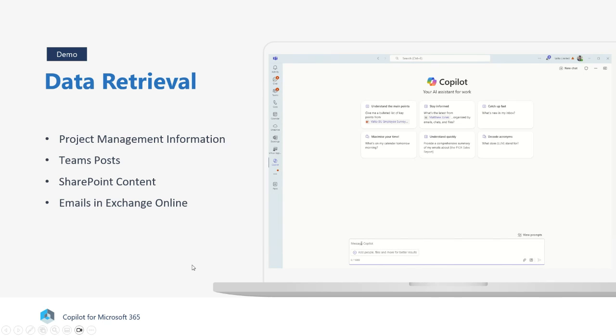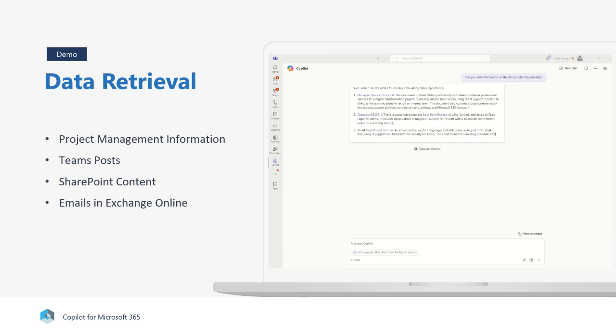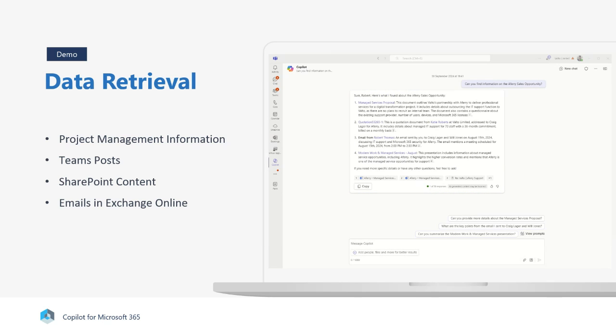In this example, I'm just going to type into Copilot, can you find information on the A-Ferry sales opportunity? I want to understand where this project stemmed from, really. So it's going to go ahead and find all of that good stuff across the documents, emails, and meetings. And straight away, it's come back with a managed service proposal for this project. It's even found the quotation, and it's highlighted the salesperson that presented that quotation to the customer. It's obviously named them out there. And it's found emails and managed service agreements that were wrapped around that project. It's also linked in some data at the bottom of that prompt as well. So straight away, I've got a good understanding of where that project began without having to search through